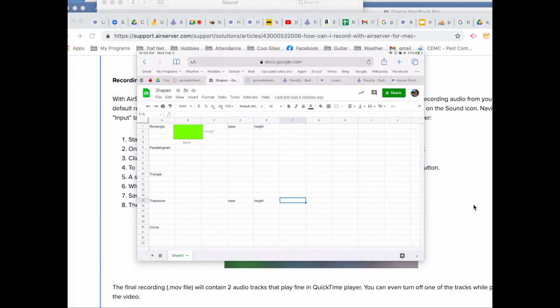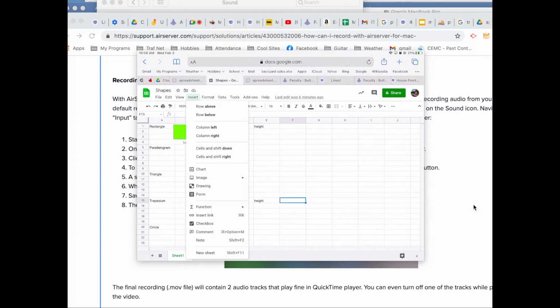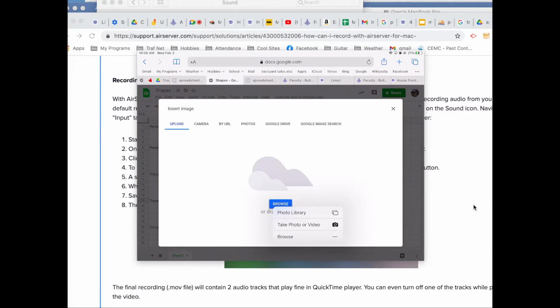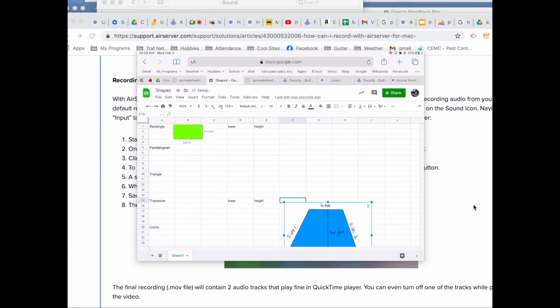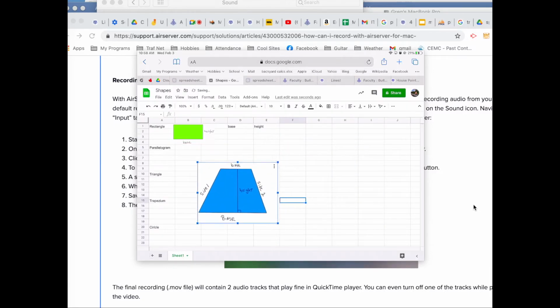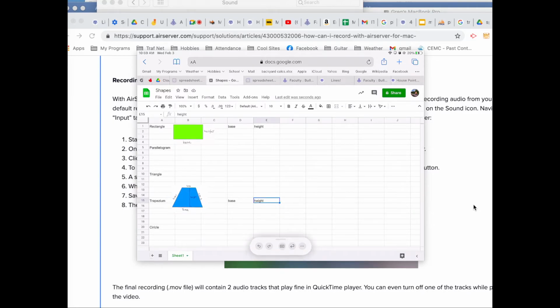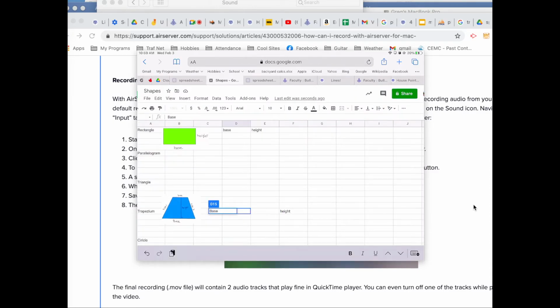Go to insert again and insert the image over cells. Browse my photo library. And there it is. Use. Then I can click on it and drag it wherever I want, shrink it, something like that. I know that I need a big base, a little base, and a height. Let's take this, cut, we'll paste it right there. Paste. We have big base with a capital B, shift, base,